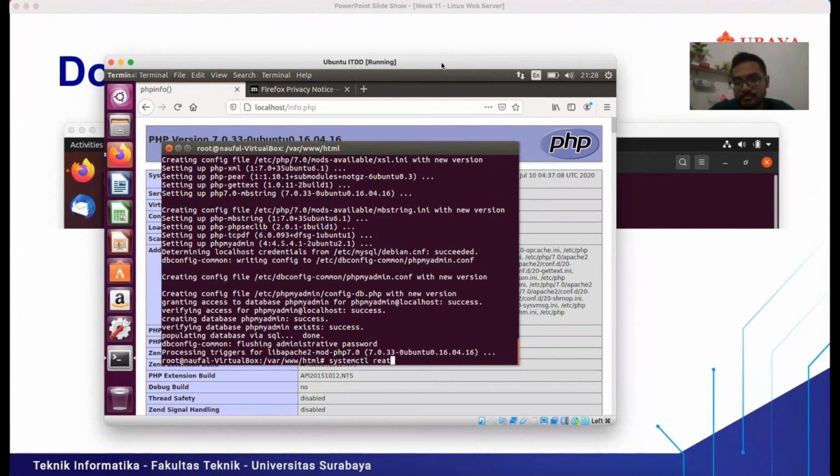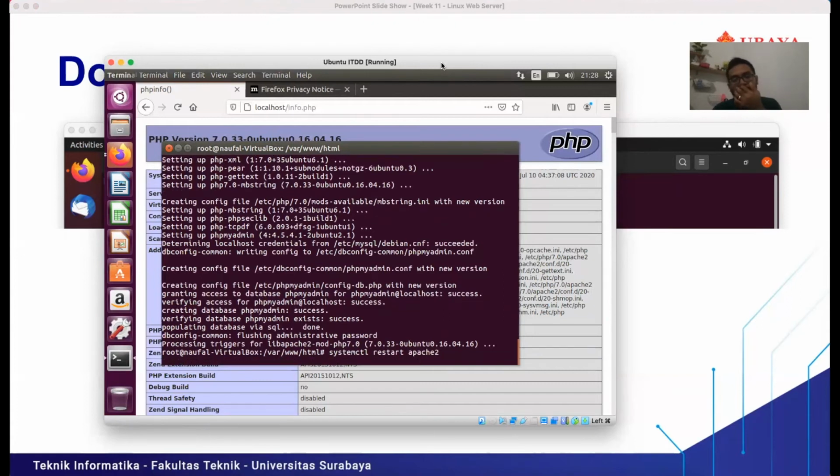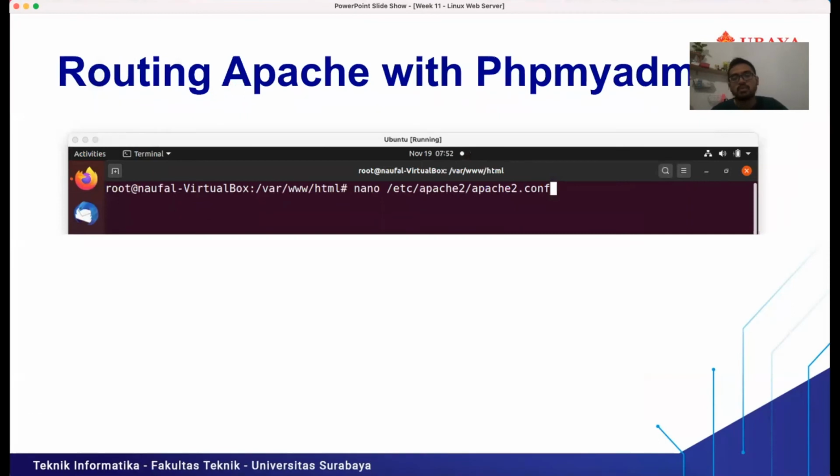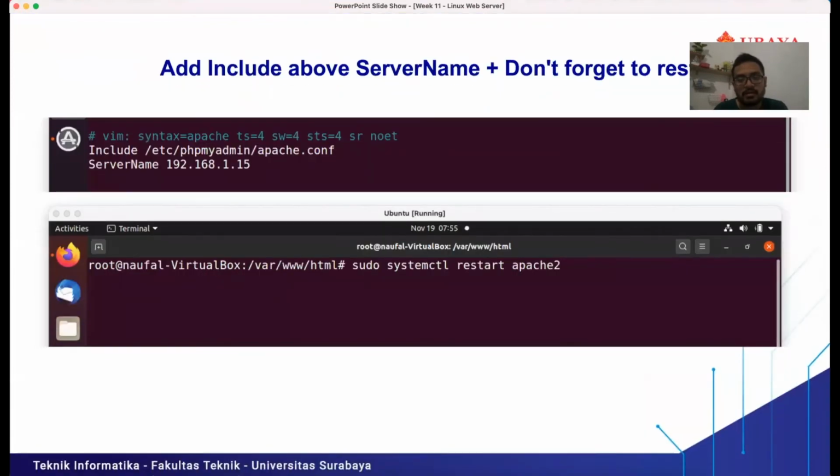restart Apache2. Okay, this one's the right command. So yeah, okay, the restart process finished. Then yeah, we need to make a configuration to this file, apache2.conf, in this directory. So like you see right here, we need to add this line